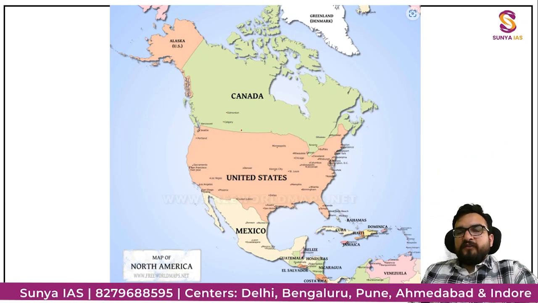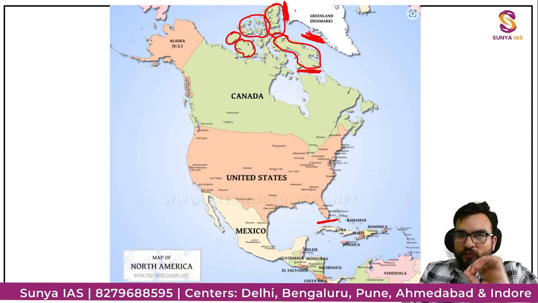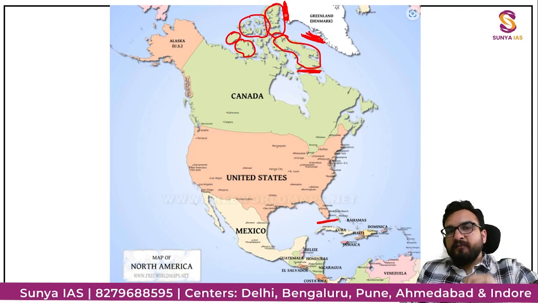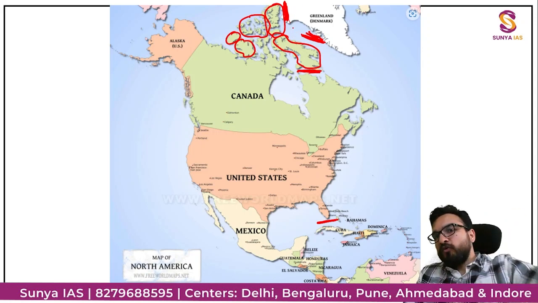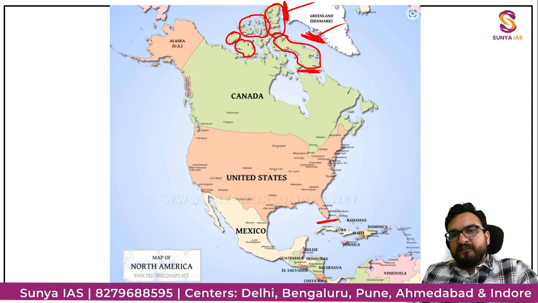Right guys, so let me once more mark it out. Can you tell me the islands first? This island, this island, this island, this island group. Can you tell me the names, guys? If you have written them, tell me the straits. I'm marking the straits like this, this, this one. I'm saying it again and again. I could have marked it and moved ahead, but I'm doing it for you only, guys. So try to recall, try to remember in the class itself. This is your Nares, this is your Davis, this is your Hudson, this is your Florida, right?